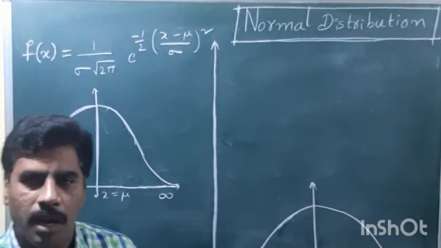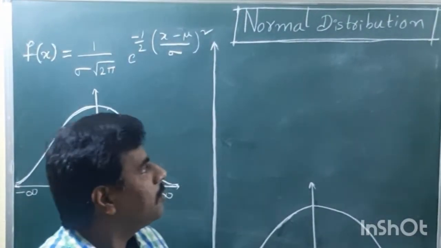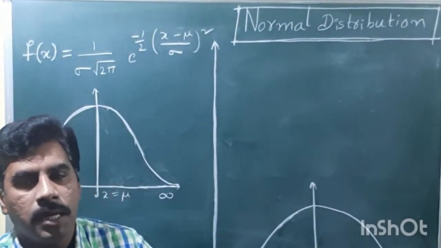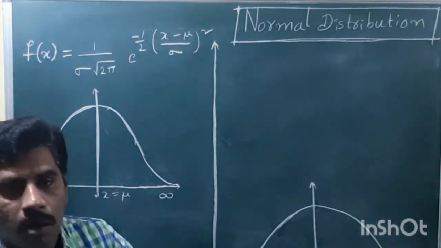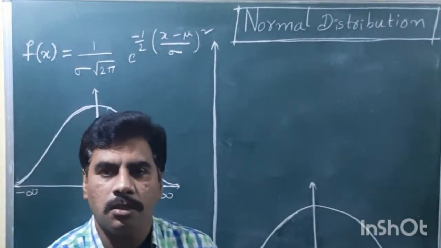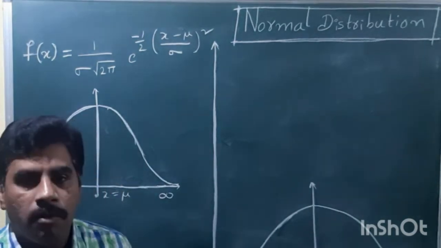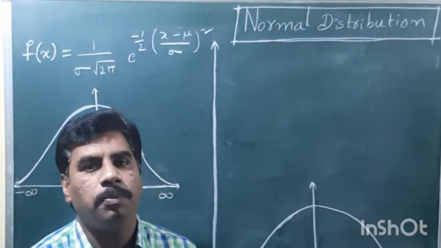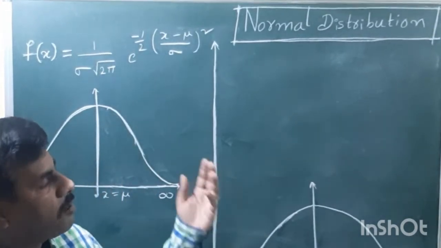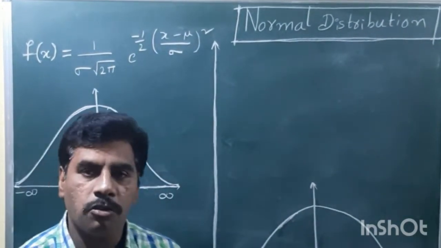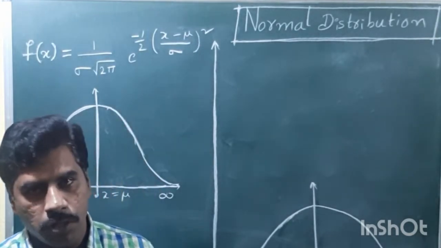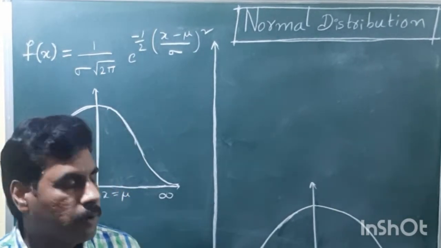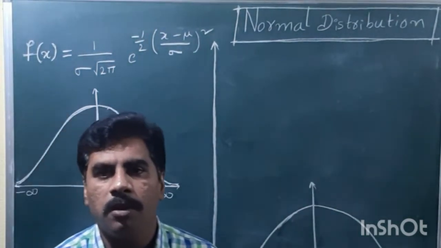Okay students, today I will explain about normal distribution. Binomial distribution and Poisson distribution are discrete distributions, whereas normal distribution is a continuous distribution. Today in our class I will introduce the concept of normal distribution and how the probability density function is defined in normal distribution, and I will also introduce distribution tables. Generally we will find the probability by using the tabular values.